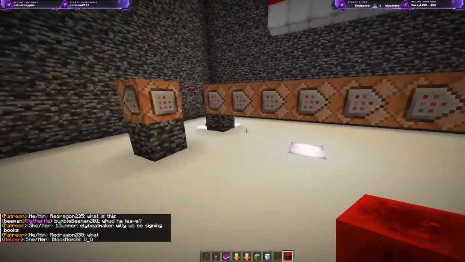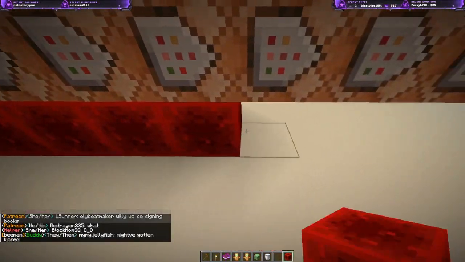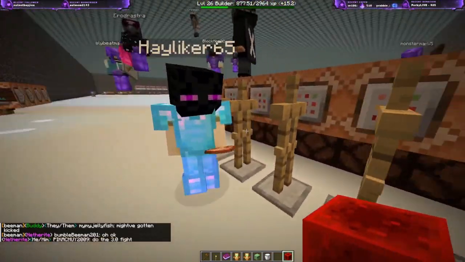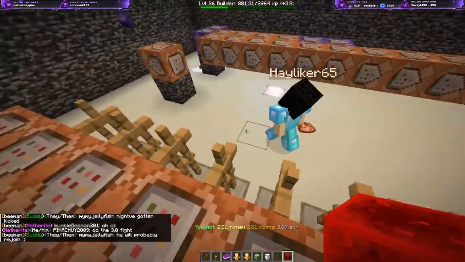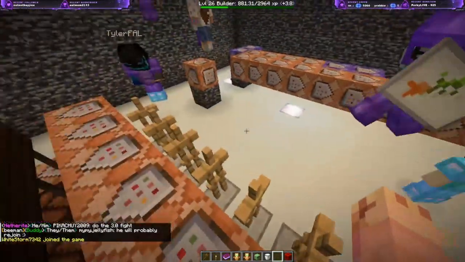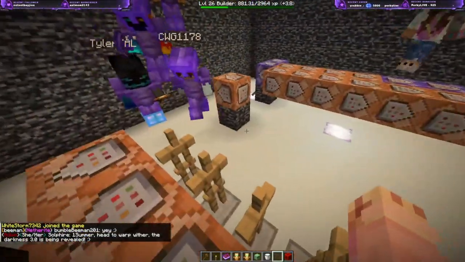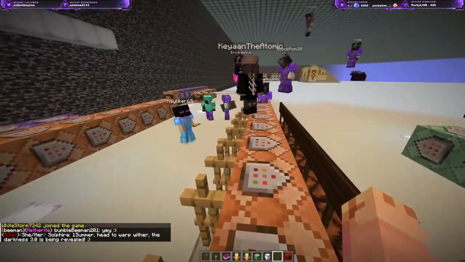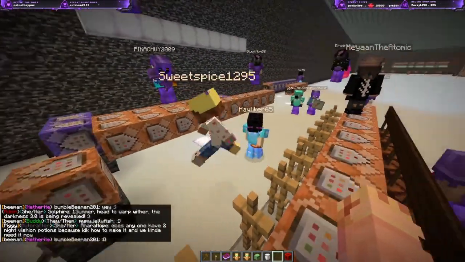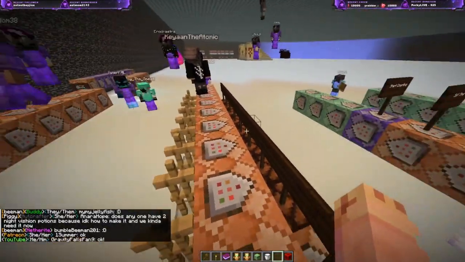See these command blocks with the signs and the lamps over here by me? When the Darkness 3.0 begins, it's going to trigger each of these command blocks over here. And as these trigger, look at what happens next to the command blocks. See these armor stands? They have a very special flag that makes them not very strong. They each have their own special flag that separates them from every other armor stand on the server, but it also makes them all exactly the same as each other. And what this does